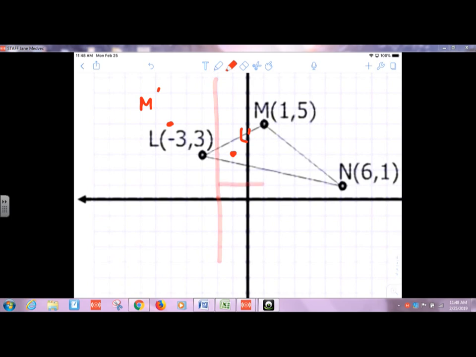1, 2, 3, 4, 5, 6, 7, 8. And so I'm going to go 8 the other direction. 1, 2, 3, 4, 5, 6, 7, 8. Put my point there. I'm going to call that N prime. And then of course I'm going to erase those so I don't get too confused. And then what I'm going to do is connect my points